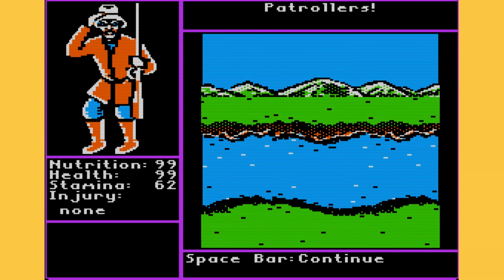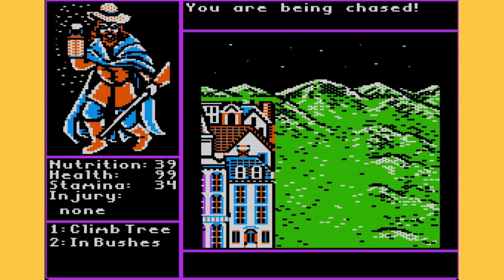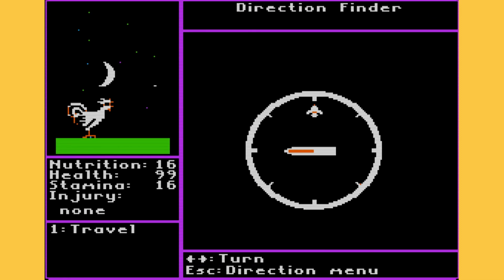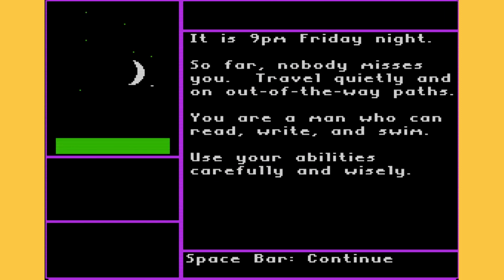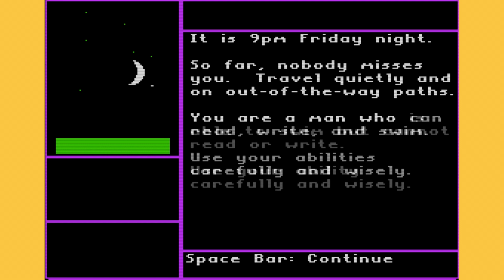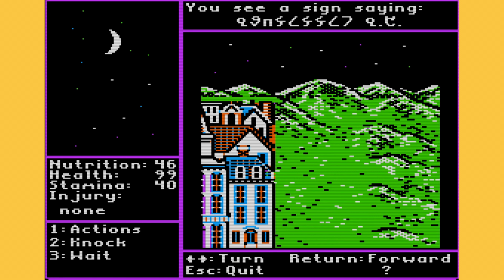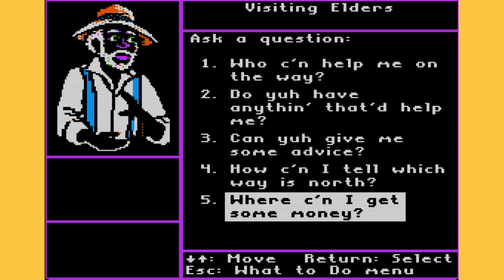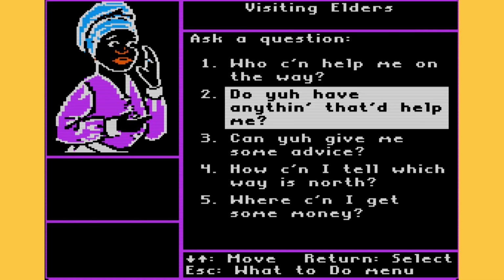harassment by those fucking slave catchers and their fucking dogs, which constantly drain your stamina and hunger and disorient your character, forcing them to constantly check up on their directions, presuming they don't get recaptured in the process. In case that weren't enough, the game also randomizes whether or not you have the ability to read, write, or swim right from the get-go, so you may not be afforded with all the skills that you might need, and every time you fail, and you will fail frequently, you need to go through these NPCs again and again and again in order to have some kind of advantage.